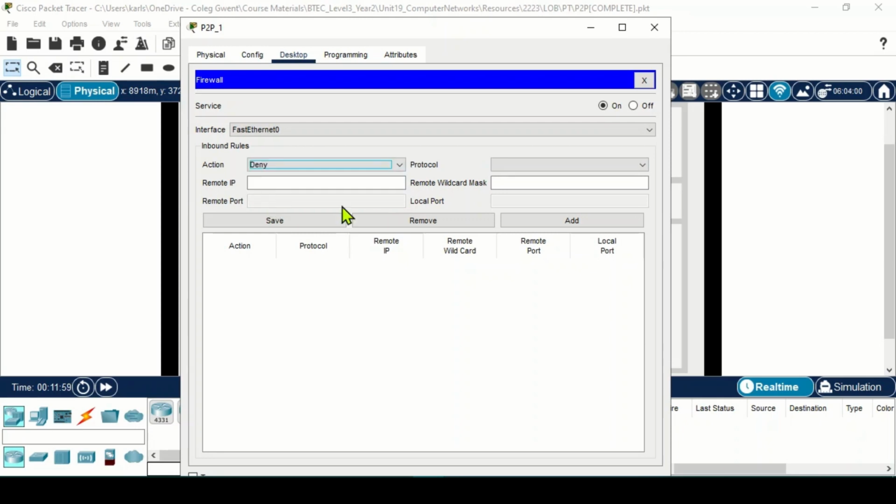I'll just show you very quickly. We can deny everything from all networks. So as you saw there, I denied a particular network. So just very quickly, if you want to just deny everything, then you can do